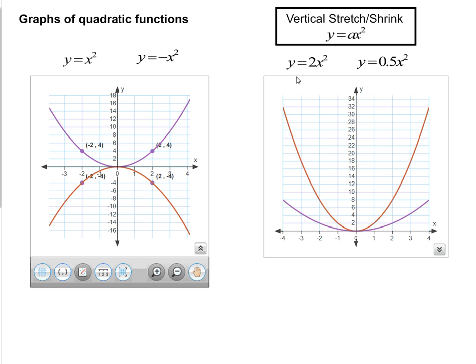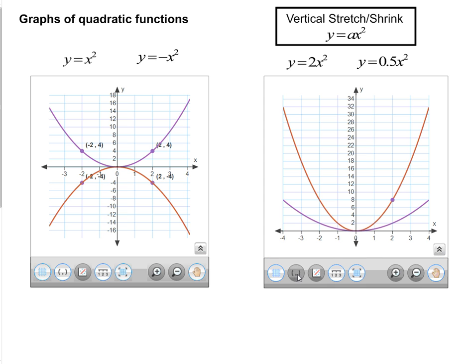Okay, how about these ones? If we have a number in front of x squared, that's going to cause a vertical stretch or shrink. And so we can compare, for example, these graphs at x equals 2. The graph of y equals x squared would have gone through the point 2, 4. What would the graph of y equals 2x squared do? Well, the graph of 2x squared would pass through the point 2, 8. Whereas if we took the graph of y equals 0.5 times x squared at x equals 2, y would equal